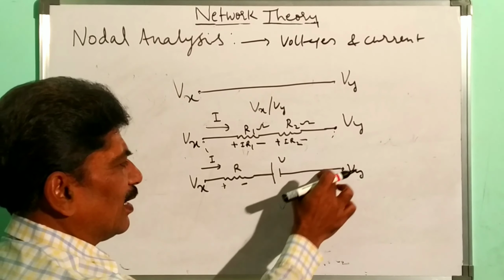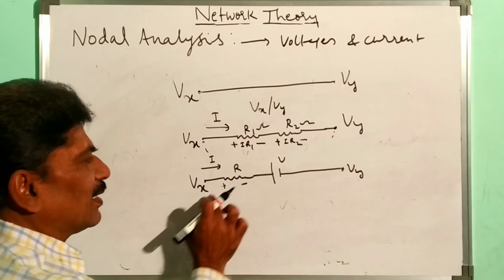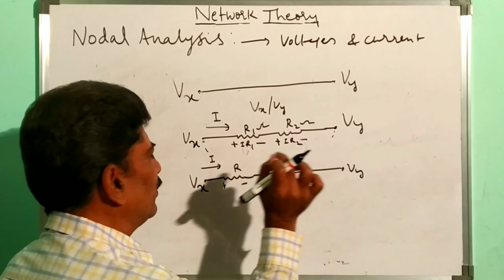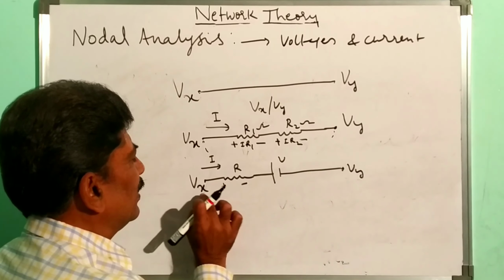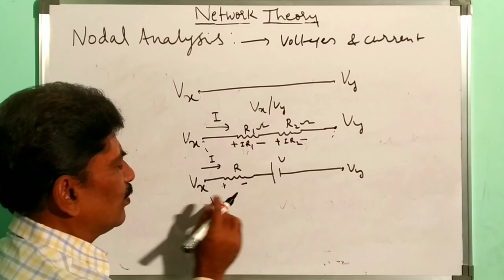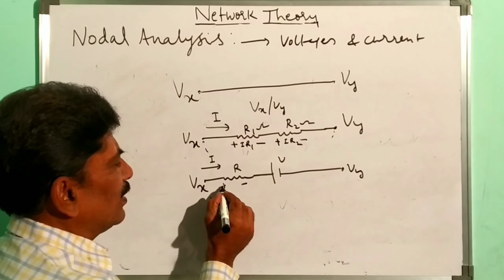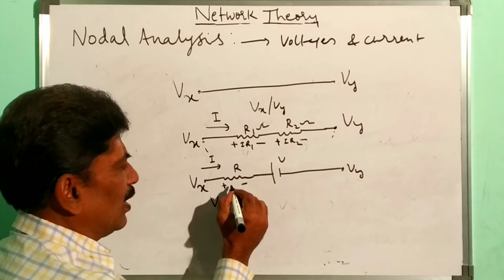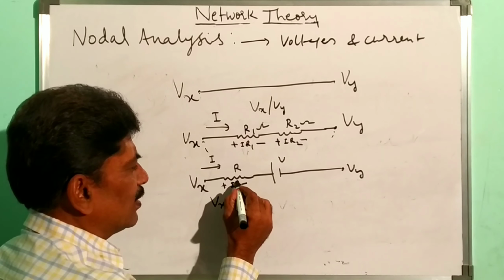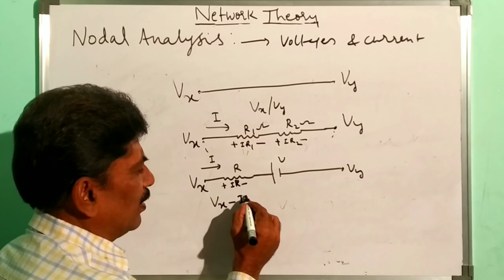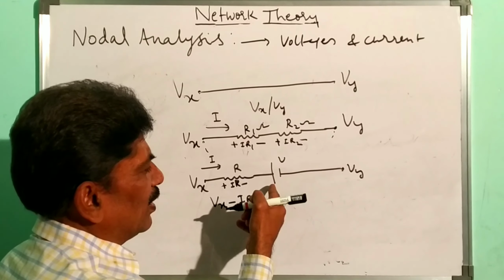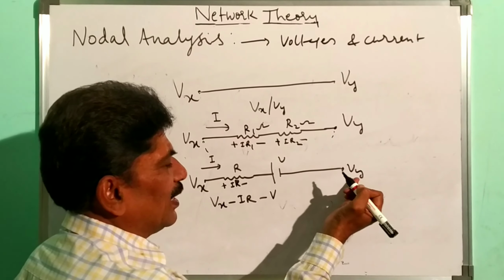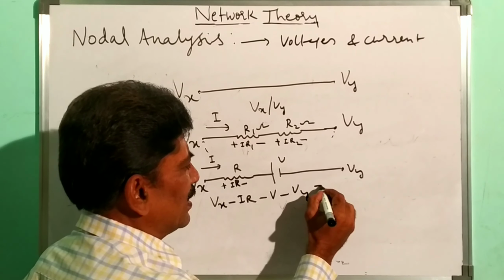By applying Kirchhoff's voltage law, assume that these two terminals are connected, then the current flows like this. We are traversing the path from Vx to Vy now. It is at higher potential, right, Vx, since we are moving from left to right, minus, since drop in potential now, plus to minus is a drop. What is that? I into R, minus IR, here plus to minus, fall in potential in this battery. So it is minus V, that is lower potential, so minus Vy is equal to 0.